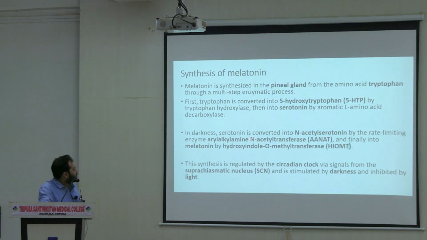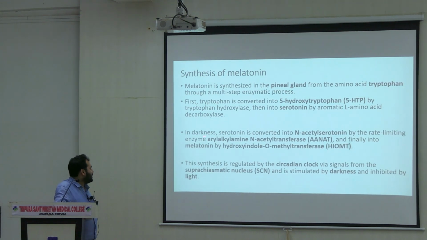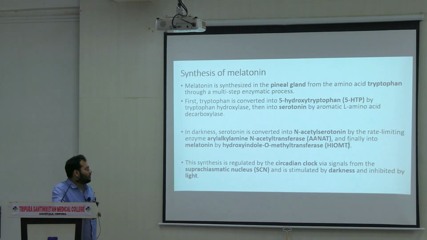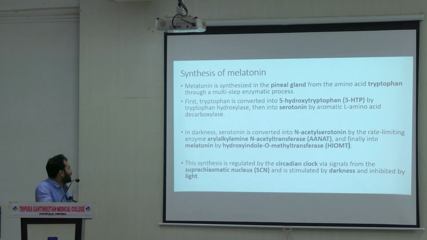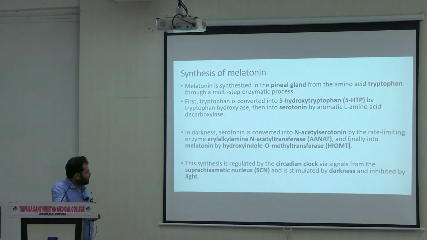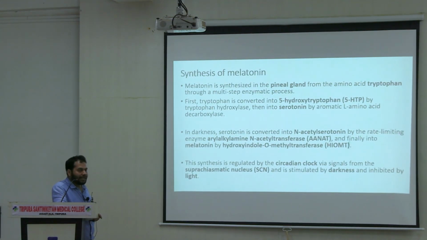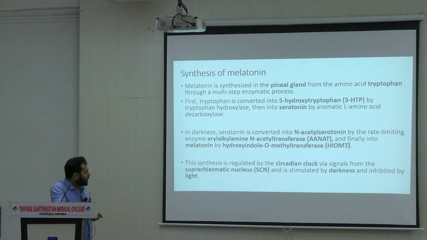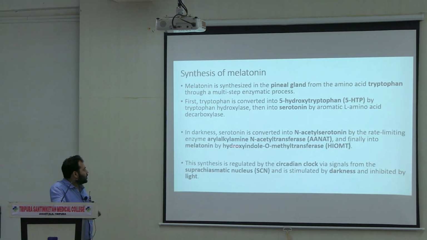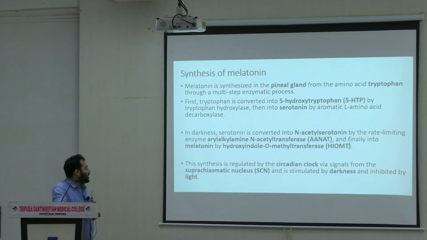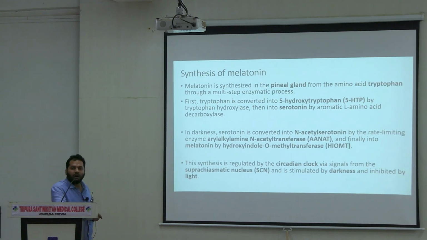In darkness, serotonin is converted to N-acetyl serotonin first by the rate limiting enzyme, and the enzyme known as the rate limiting enzyme here is AANAT, that is aryl alkylamine N-acetyltransferase. So this enzyme is also known as the rate limiting enzyme for melatonin synthesis. And finally, this N-acetyl serotonin is converted into melatonin by another enzyme, hydroxyindole O-methyltransferase or